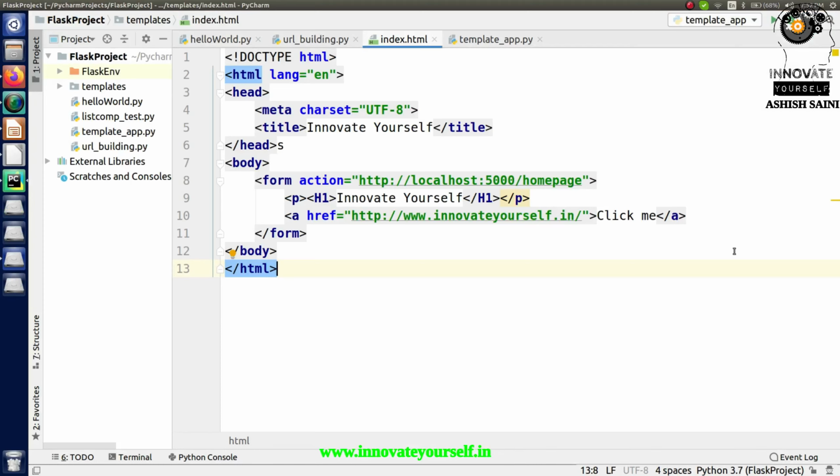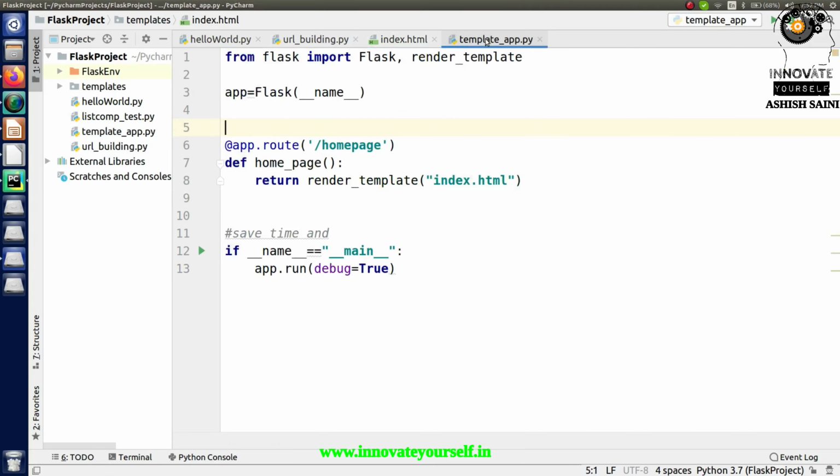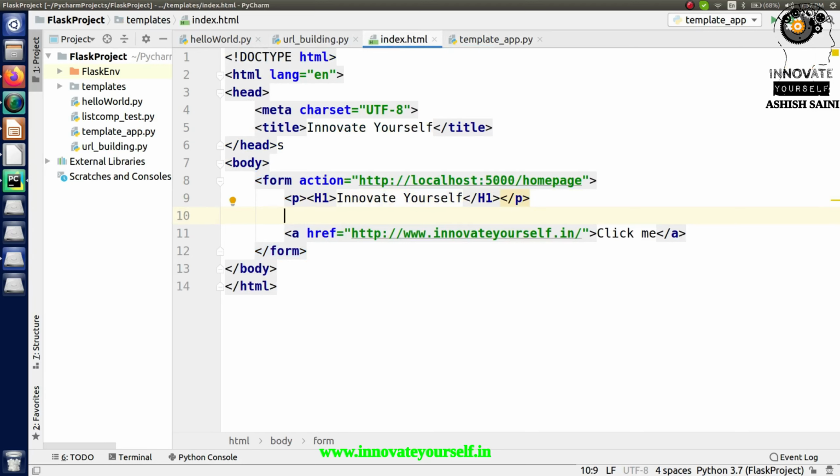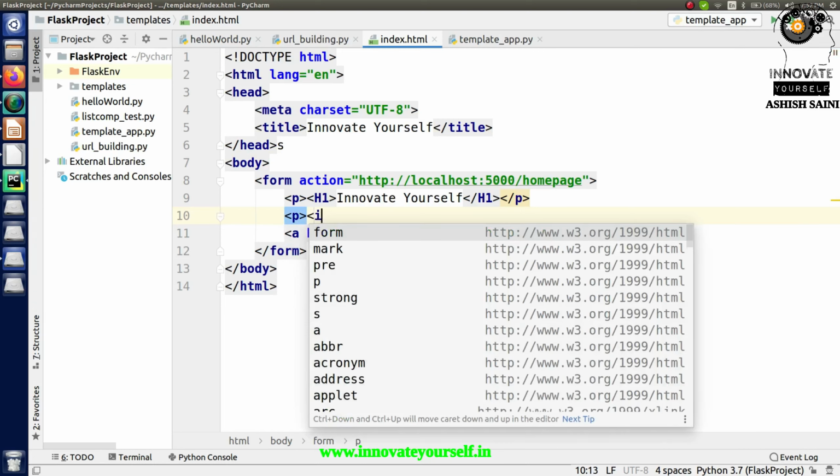For that, let me create the web page first, so that we can directly connect this web page to the web application which I created in the last session. Let me add some text into this. I want to add one paragraph, and after this I want to take the input from the user.